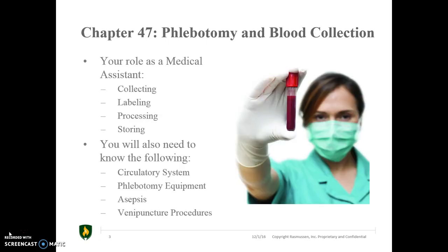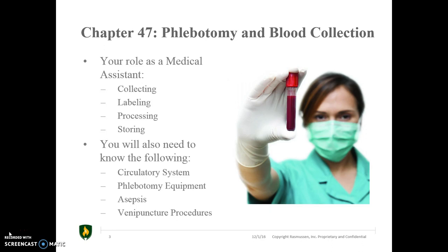So chapter 47 is talking about phlebotomy and blood collection. And you may hear me at some points say phlebotomy, or you may hear me say venipuncture, but please don't be worried, don't get confused. They're the exact same term. They mean the exact same thing. It's just depending on what comes out of my mouth first, either phlebotomy or venipuncture. But phlebotomy is the collection of blood through a tiny incision in the vein, and this is typically done with a